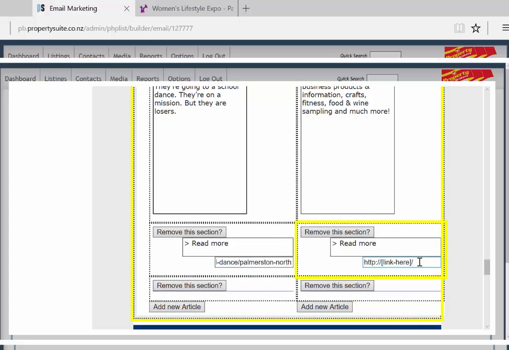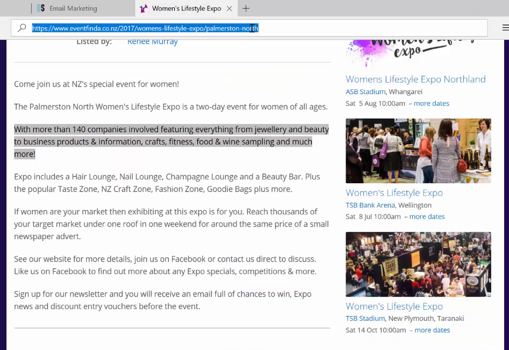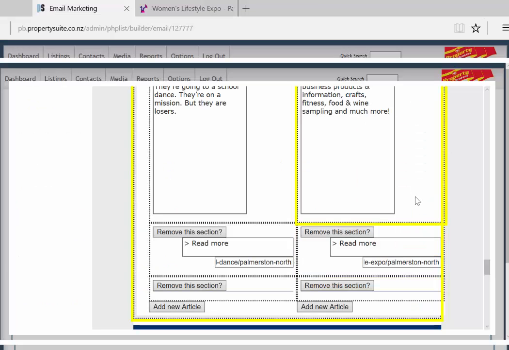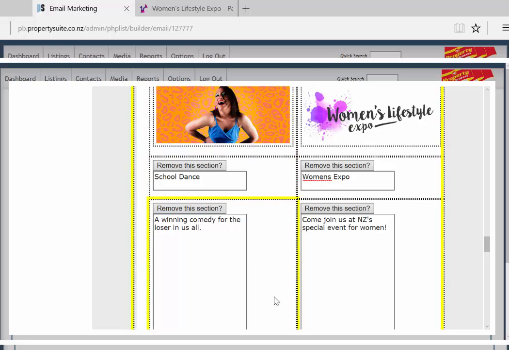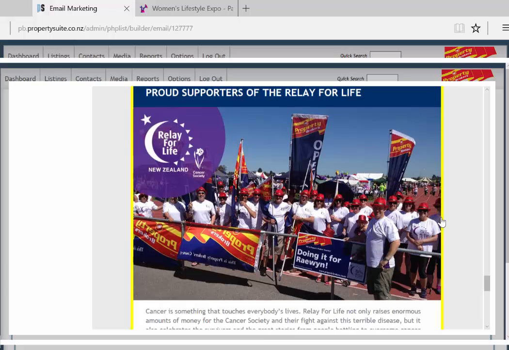And now we just need to add our link to our Women's Expo. And those sections are now done. So they are really easy to do, and you can put whatever you like in here that is relevant to your interests. So the next section is the current